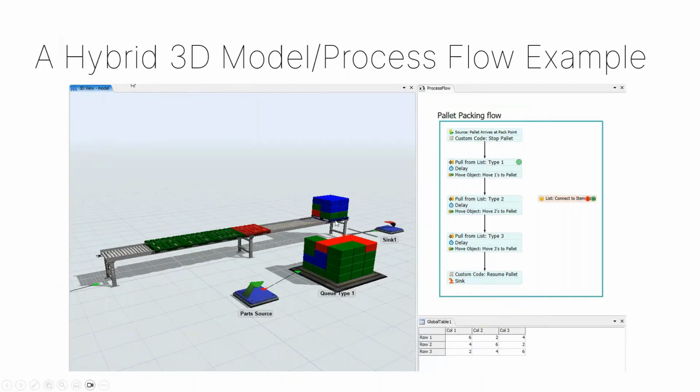When I get to a blue, which is what that one is there, it's 2, 4, and 6. Well, we need to have the right ones in the queue so we can fill a pallet. And then what the process flow is doing is taking care of reducing the queue by the amount and adding them to the piece. So if I go and open up that model,